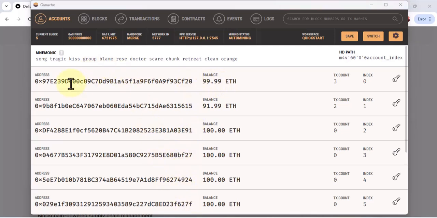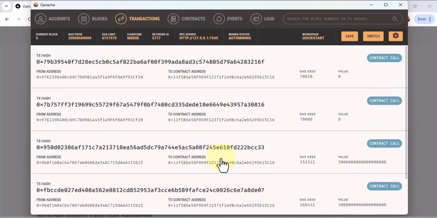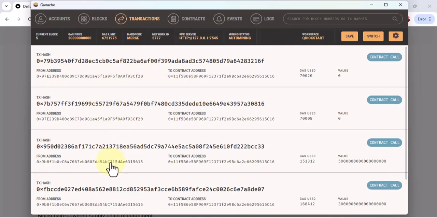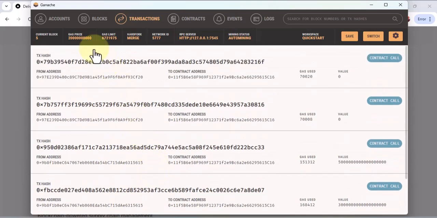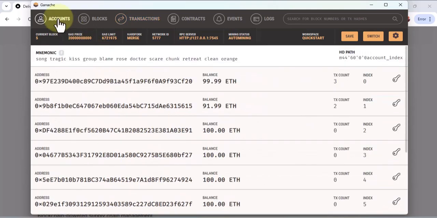But if you check the transaction, you see contract call. This is for the picking up. You can see the hash and the likes. So you can see that you are being able to perform transactions directly from the blockchain. So now